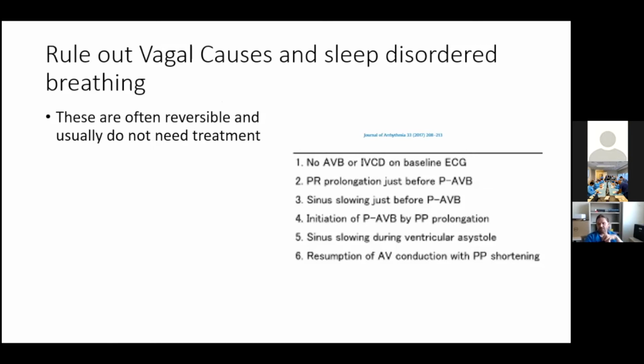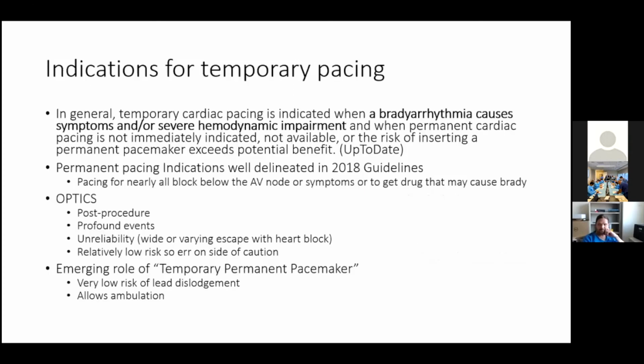There are several keys to look for when looking for vagal stimulation, but the biggest key is that you're going to be slowing down in both the sinus node and the AV node at the same time. I bring up criteria from a new scoring system to determine the likelihood of a vagal event happening. But the bottom line is you're looking for sinus slowing at the same time as AV node slowing.